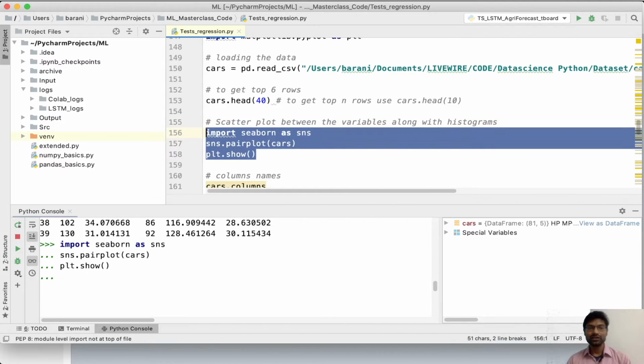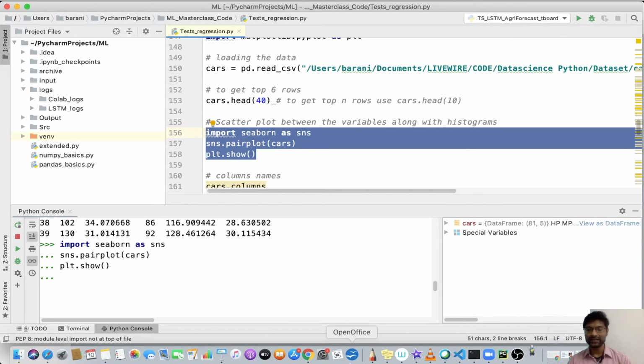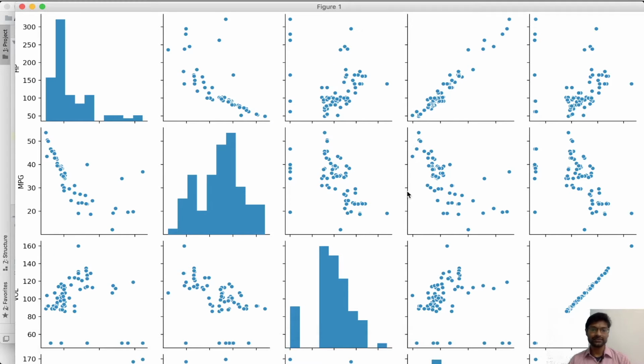These are the 3 lines of code required to build the pair plot, and once we build it, all these 5 columns will be compared against each other. The pair plot has got built and it is behind the screen. It has not yet come up to the foreground window. Yeah, now it is ready. Since it is a huge plot, it has taken some time.